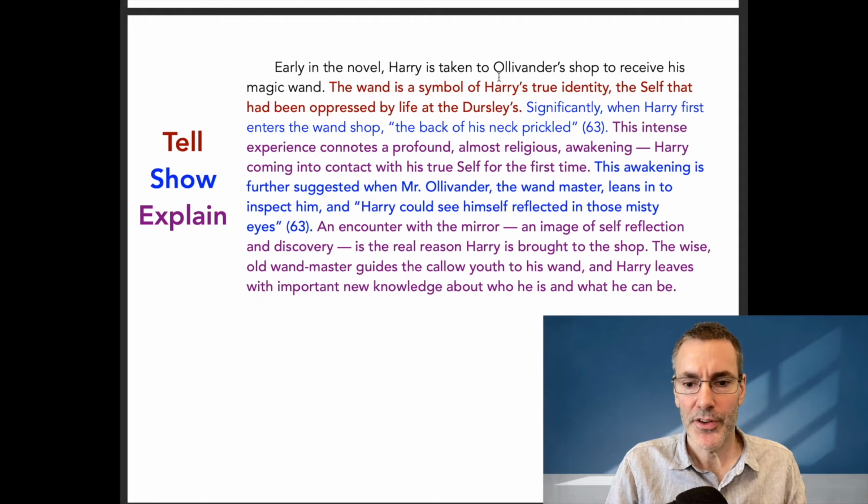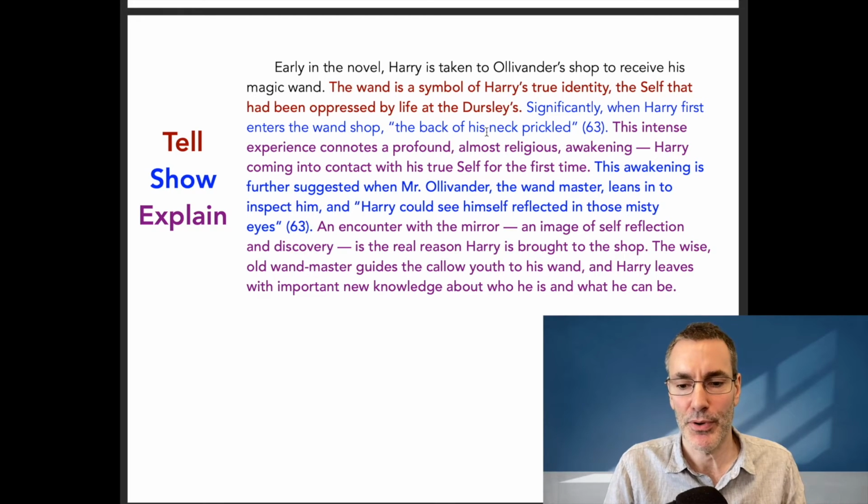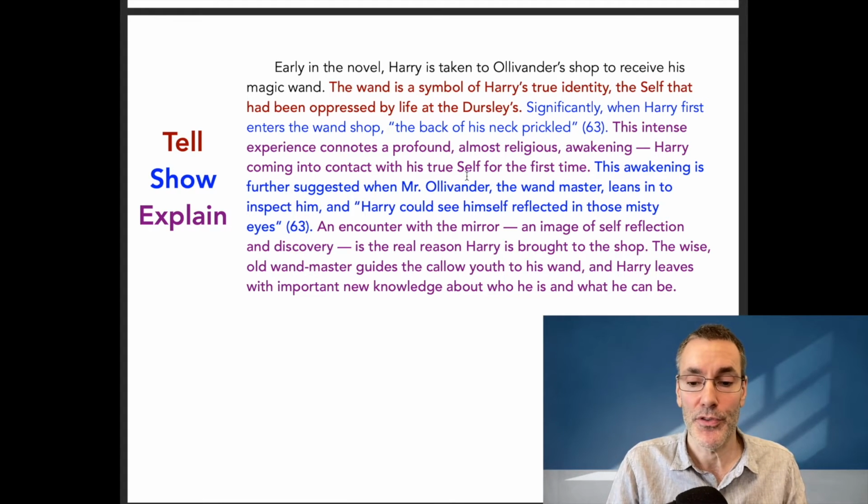Early in the novel, Harry is taken to Ollivander's shop to receive his magic wand. The wand is a symbol of Harry's true identity, the self that has been oppressed by life at the Dursleys. Significantly, when Harry first enters the wand shop, the back of his neck prickled. This intense experience connotes a profound, almost religious awakening, Harry coming into contact with his true self for the first